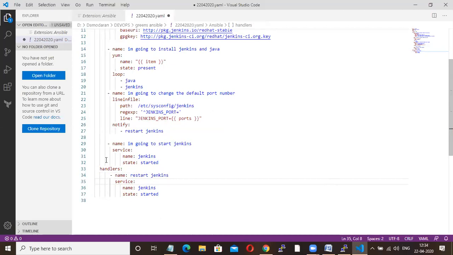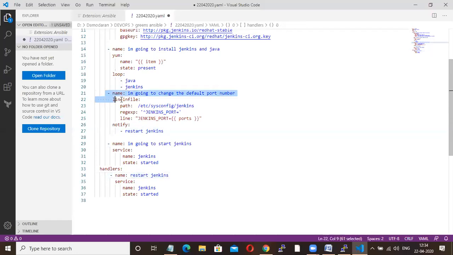I'm introducing the notify concept. What notify will do is, whenever there is a change in this task, then notify the handler. Whatever name you are giving here, the same name you should give here. Otherwise, it won't call the handler.